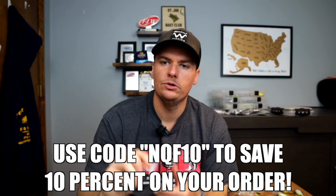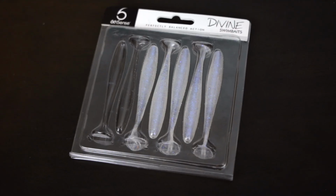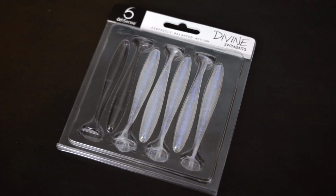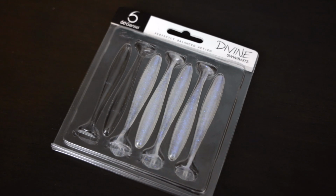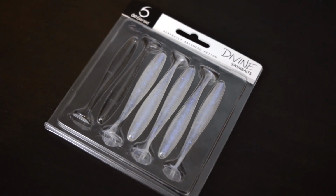And then my go-to bait for on the trailer here is going to be the 6th Sense Divine Swim Bait. This is in the 3.2 size. I like the 3.2 better than the 3.8 because a lot of times I'm fishing around smaller bait fish this time of year. I fish around smallmouth a lot. And the one thing about the 3.2 over the 3.8 is that it's much more pliable because there's less plastic in that bait. So it swims much better and it has a much better action at a slower speed. So that's why I'm gonna go with that one right there. It fits perfectly on this